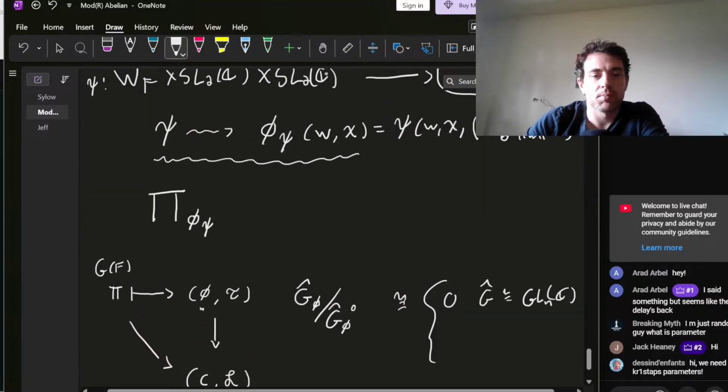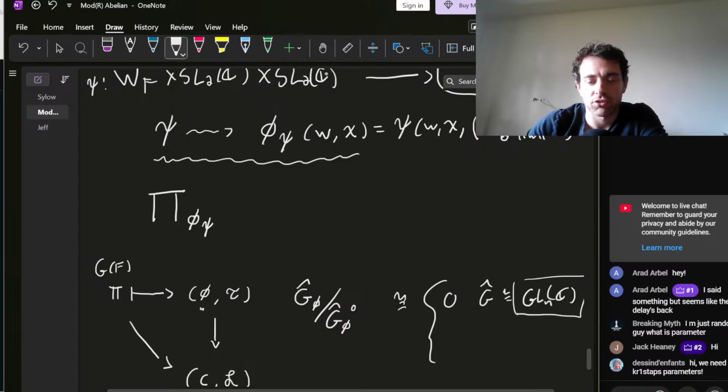So this means, for example, for GLN, all of the L-packets are singletons, but that is not the case in general. So, anyways, if you have an Arthur parameter, the L-packet associated to its Langlands parameter will be contained in the